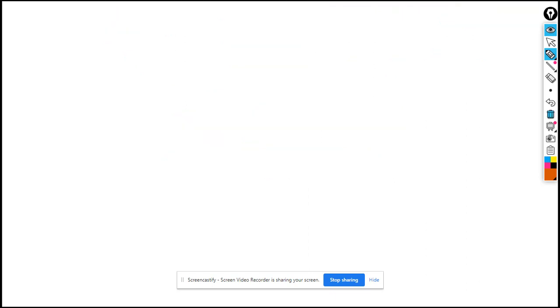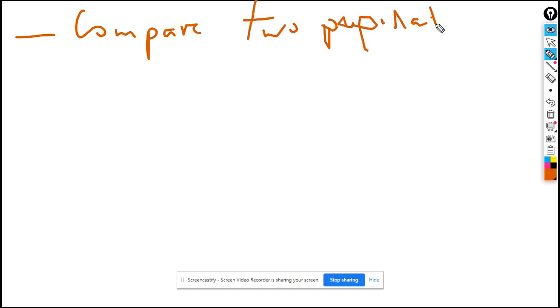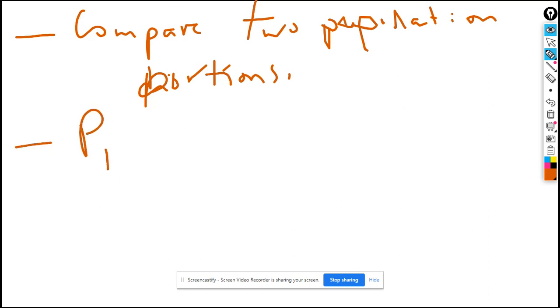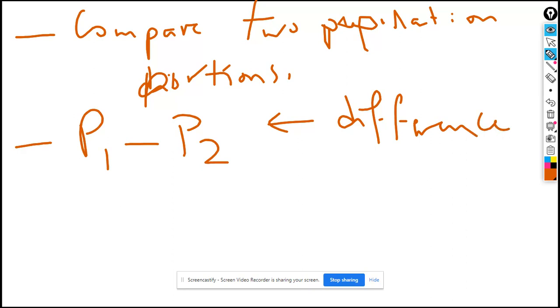What we're going to do here, we're going to compare two population proportions. Okay, so P1 for event 1 minus P2, that's what we call the difference of sample proportion,